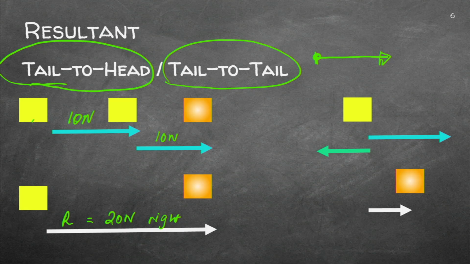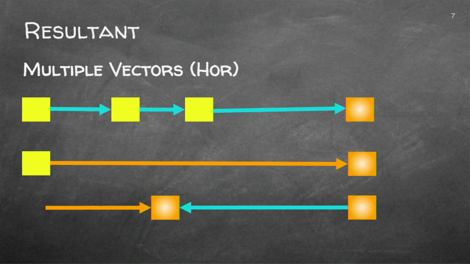And if I've got simultaneous vectors, I've got a box here, B. I'm pulling it towards the right with a value of 10 newtons to the right. Simultaneously, at the same time, I'm pulling B with a value of 2 newtons to the left. What will my resultant force be? Well, it's 10 minus my 2, which will give me 8 newtons. And to which direction will that be? Well, the 10 was the larger unit, so it will be 8 newtons to the right.